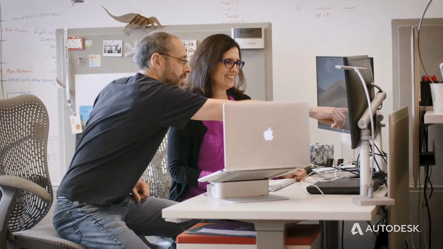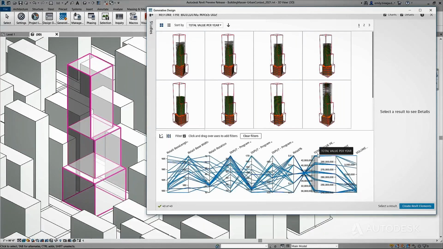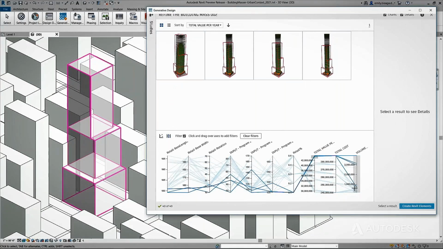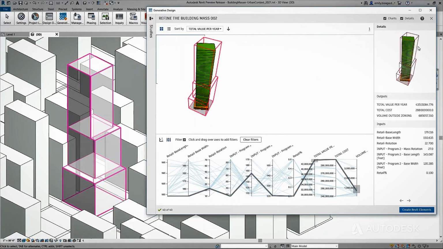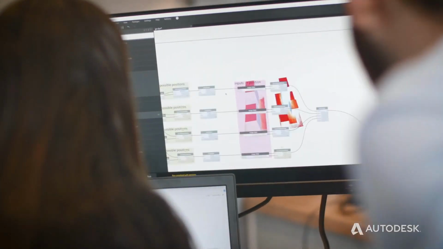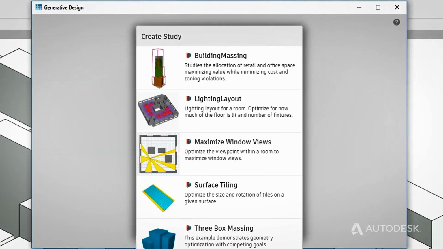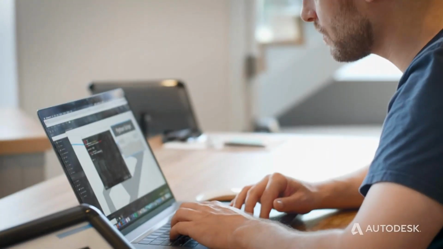And if you didn't get it quite right the first time, you can quickly iterate by running the generative design process again, tweaking the inputs and goals to find the best solution possible. These ready-made studies are starting points. You can completely customize these studies and add new ones through Dynamo to help meet your own studio and office-specific